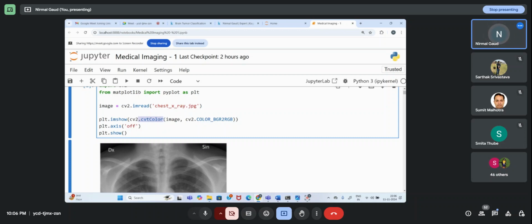Now listen carefully. Whenever you read an image, that image is automatically converted into blue, green, and red, the BGR format, which needs to be converted into RGB. That's why I have used cvtColor with cv2.COLOR_BGR2RGB.